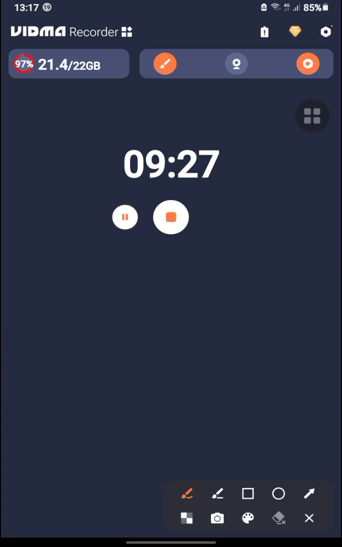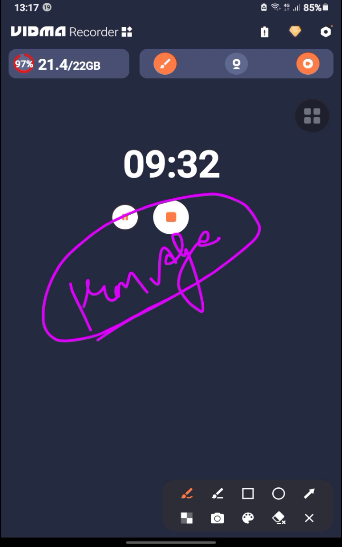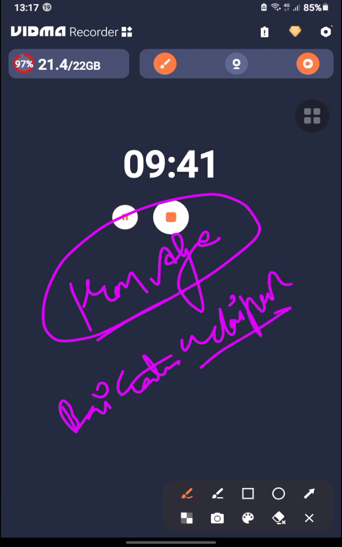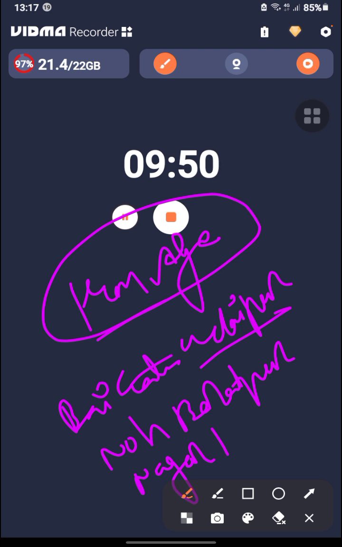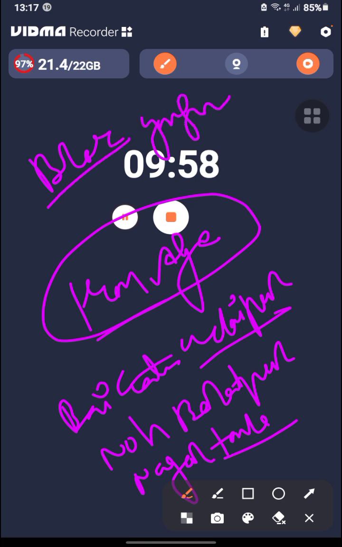If I am talking about the Iron Age, this all was the Chalcolithic age. Now I am talking about the Iron Age. Then there is Bairat in Udaipur. This is Iron Age. One more is Noh in Bharatpur. And one more is Nagar, that is in Tonk. And Baror, that is in Shri Ganganagar.